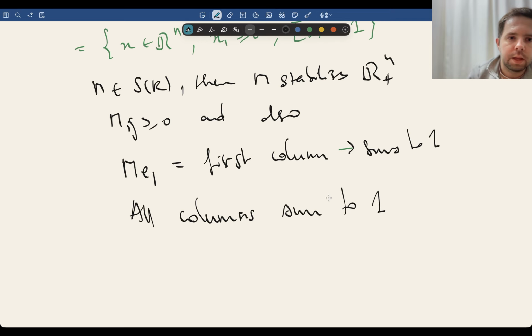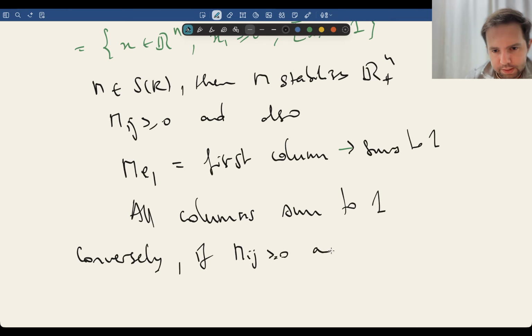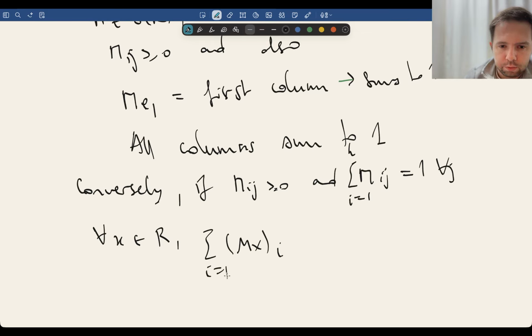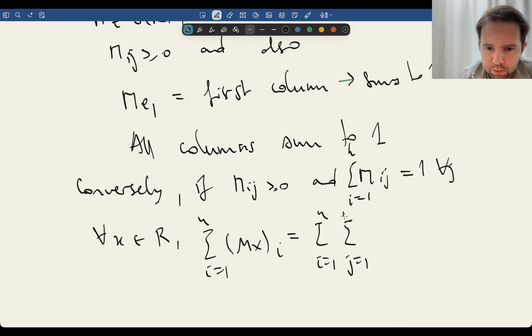Now conversely, if m_ij is non-negative and the sum over i from 1 to n of m_ij is equal to 1 for all j, then for all x in R, we have that the sum of (Mx)_i from i equals 1 to n is equal to the sum over i equals 1 to n of the sum over j equals 1 to n of m_ij times x_j. Now